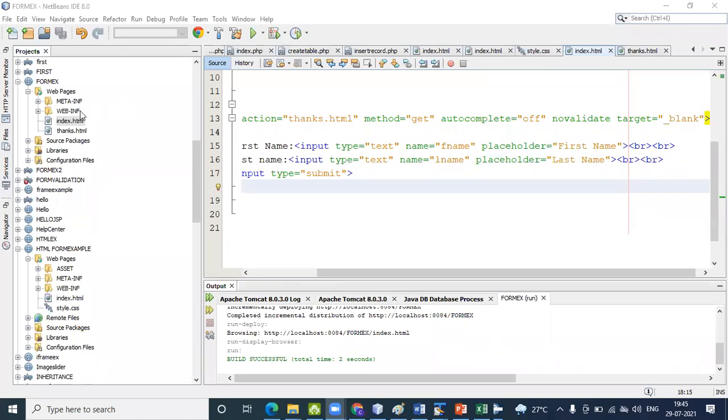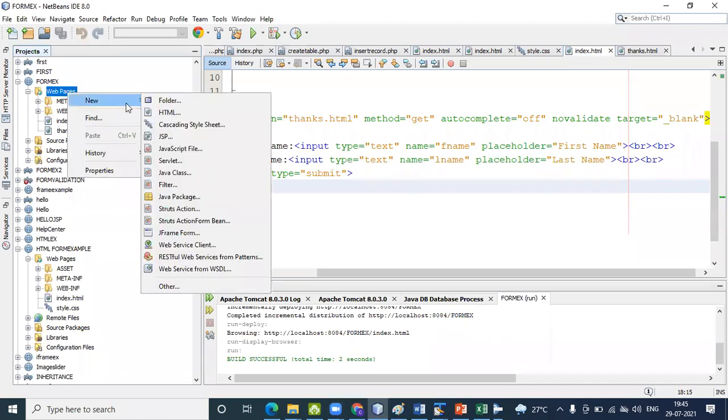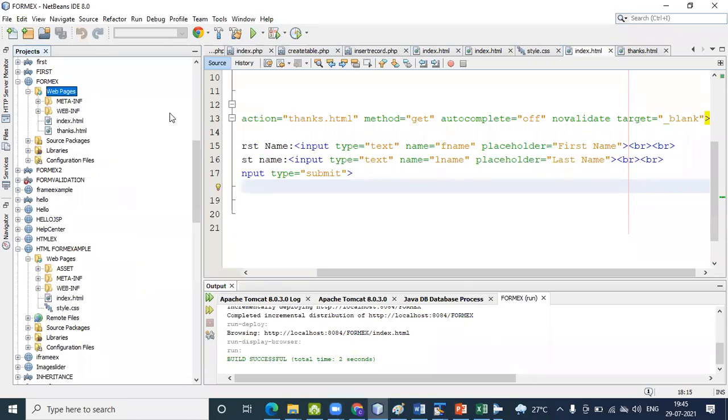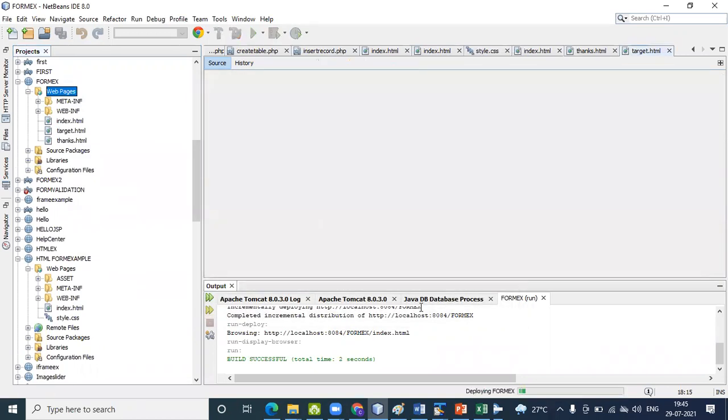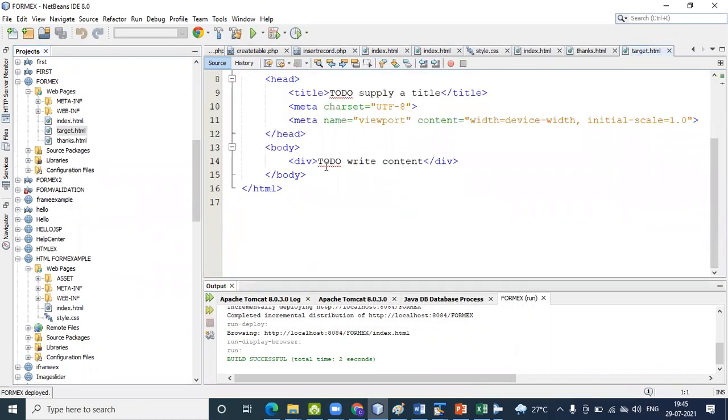another page, okay, where you can identify what is the use of target attribute. Okay, so here I pass the body tag. In body tag, suppose I pass a paragraph.